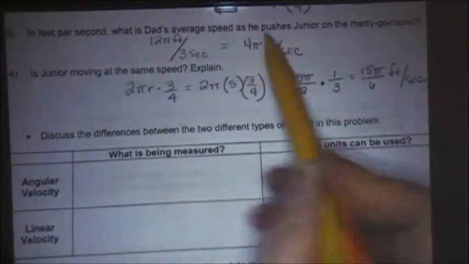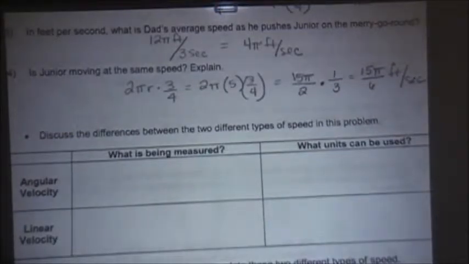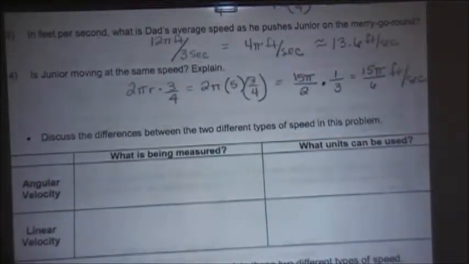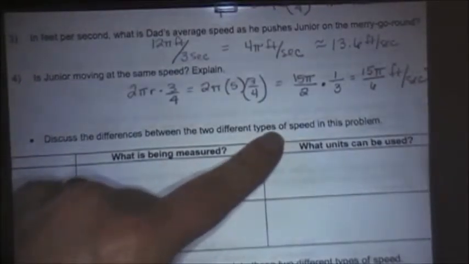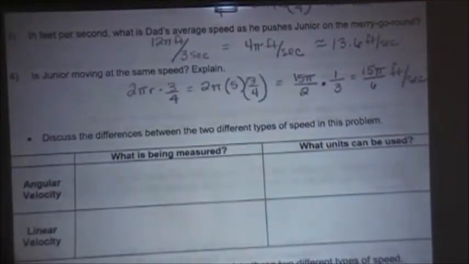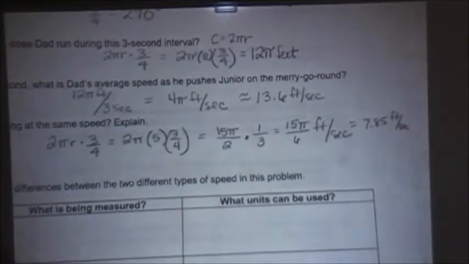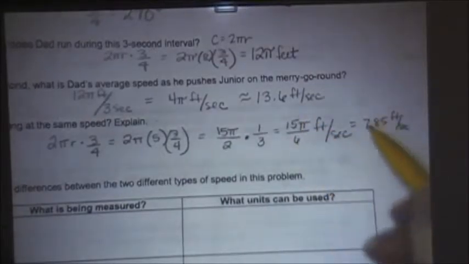I'm going to go ahead and multiply these two out so that you can see a distance that you understand. So in this case, it looks like Dad's running about 12.6 feet per second. And Junior is traveling about 7.85 feet per second. So that just kind of gives us an idea of something we might understand a little bit better. Now, most of the time we like to leave things in terms of pi because it keeps us away from nasty decimals. But the reason that they're different